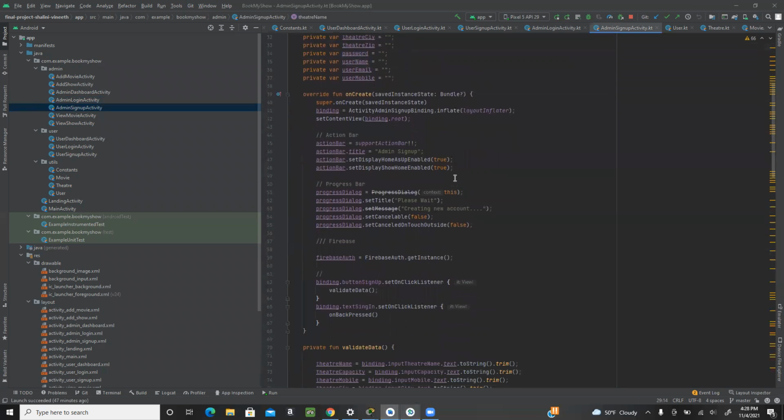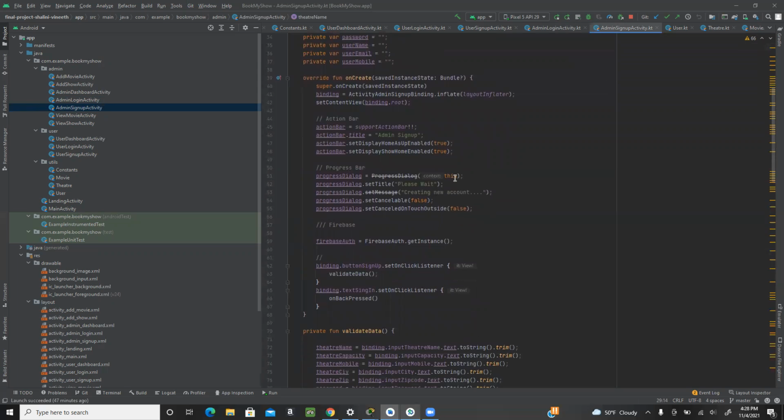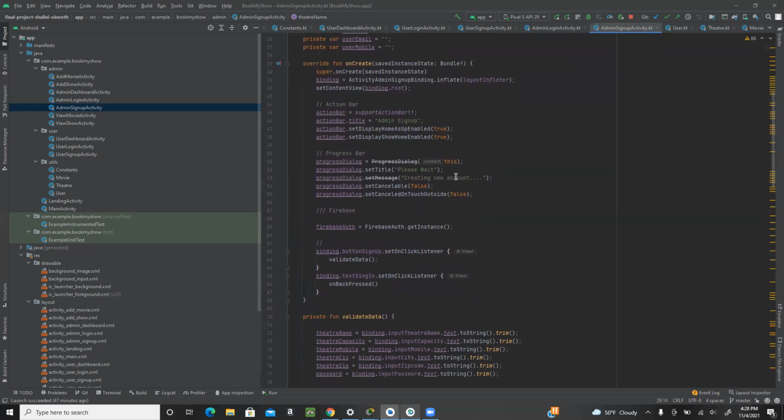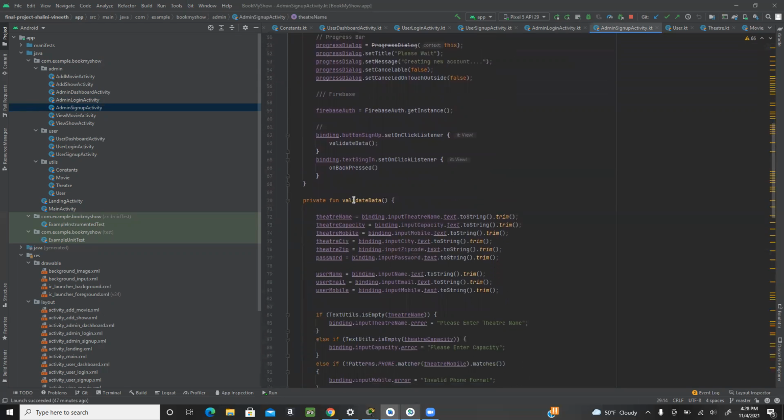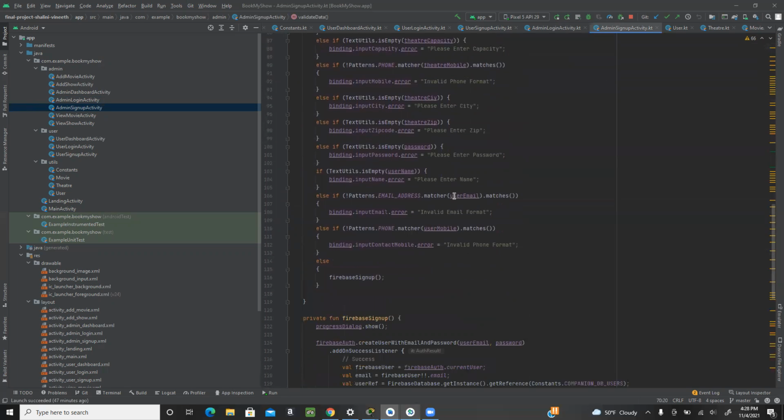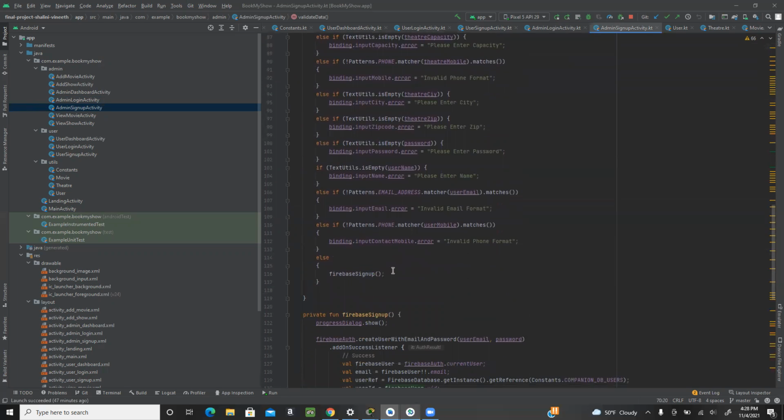It comes to the onCreate method. In that, we call the methods validate data and Firebase signup.